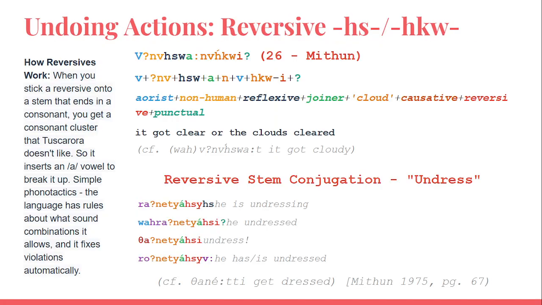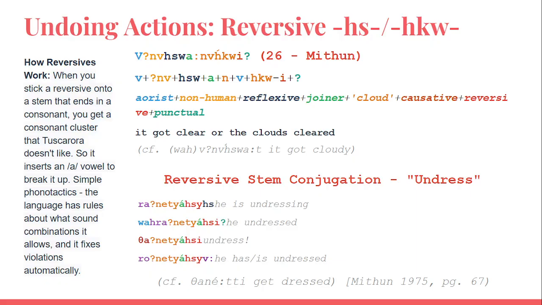And then we're going to talk about undoing actions, or the reversive. So the reversive is really cool. I have personally never seen this in any language I've ever worked with. Like in Spanish you would have to say deshacer. You'd have to undo what you're doing. In English, yeah, we have un, but un can also just be the opposite. It's a little bit complicated, but this essentially can create new stems,